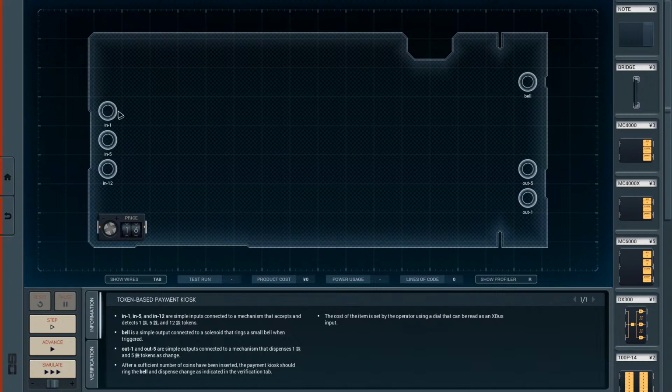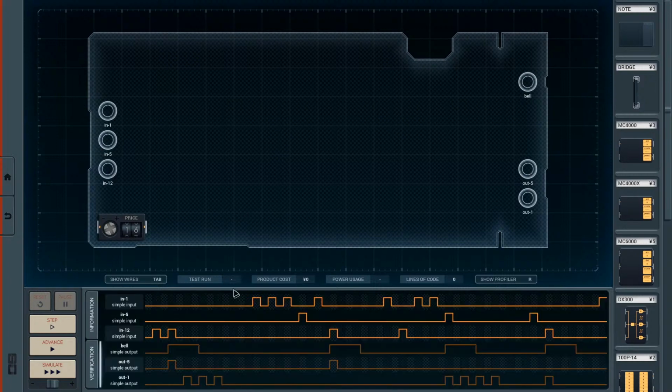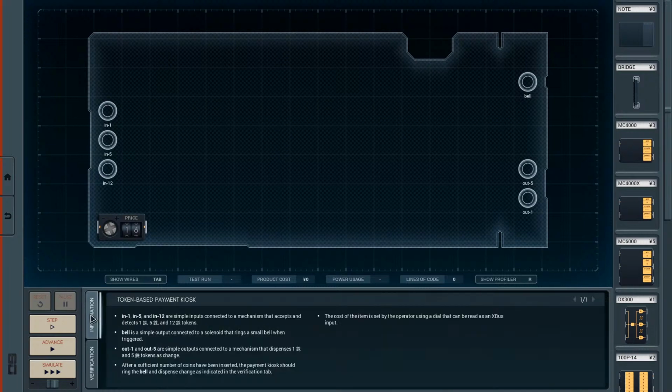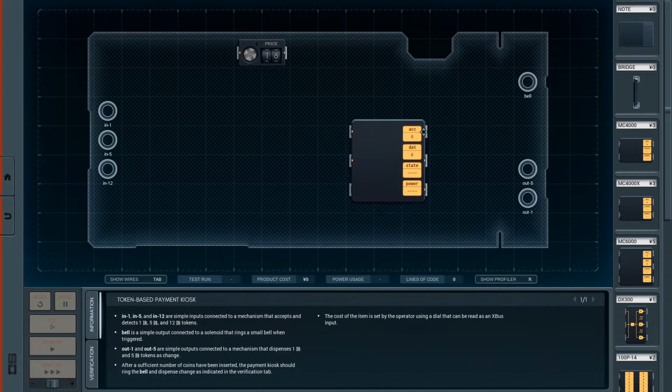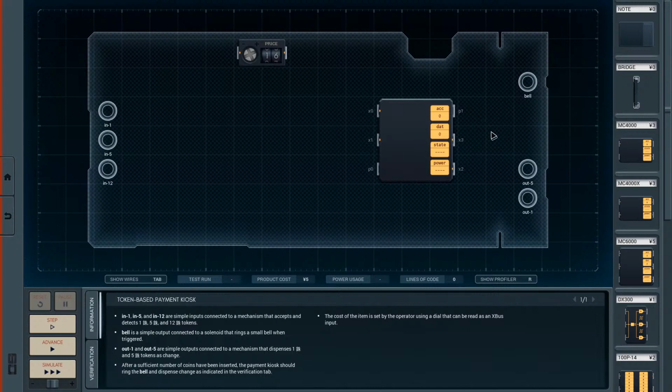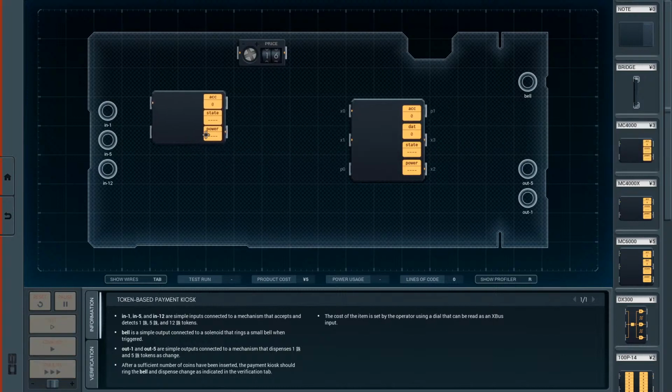Okay, so we have a variable price. We have an in 1, in 2, in 12. And these display. Okay, so we're definitely going to need one of these. And I want to be able to give it a total already. A total number of